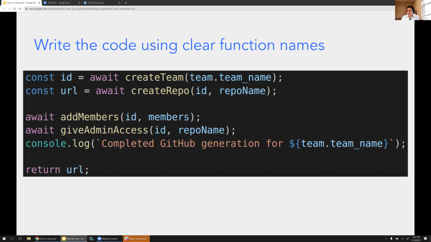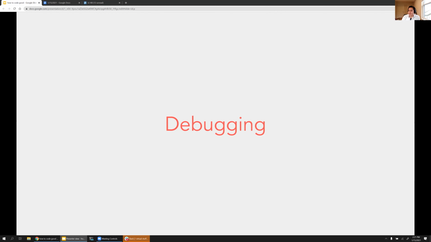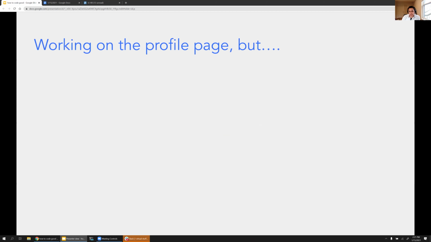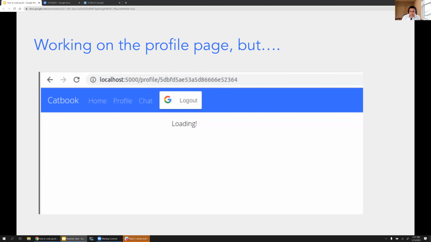Cool. So after talking about writing code, now I'll talk about debugging. Debugging is something you're gonna do a lot. And Kai told you guys how to debug a little bit a couple days ago. But in general, you want to use the Chrome developer tools or the Firefox developer tools and the terminal console logs to figure